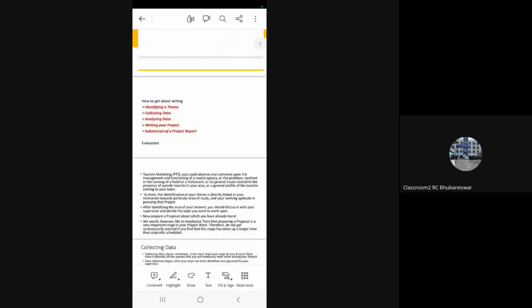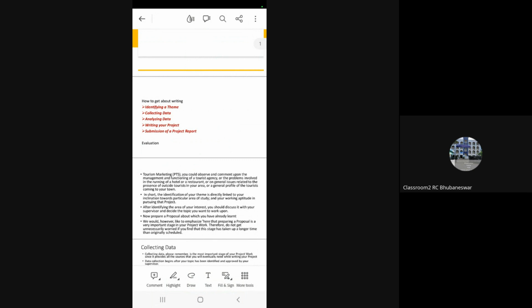Since this is a project report which we will be doing on tourism marketing, tomorrow we will discuss the topics, but today we will discuss how to collect data, how to analyze it a little bit, and how to write your project. You have to refer to books and journals, and you also have to mention the names of the books and the journals.